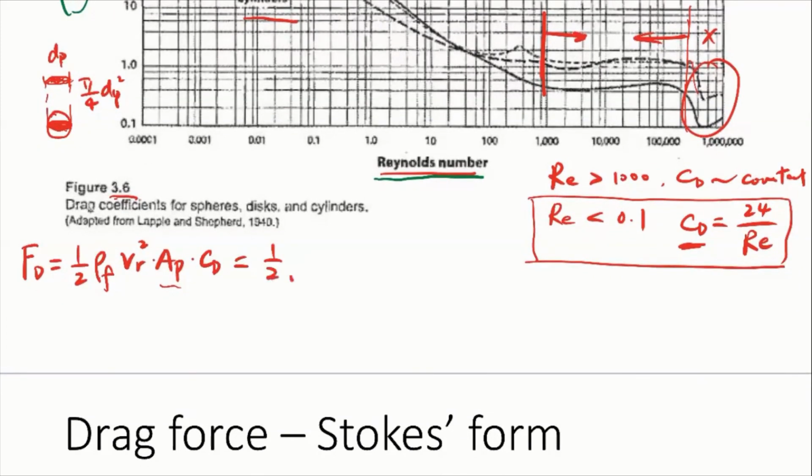1 over 2 rho f VR squared AP, that's pi over 4 dp squared. So CD is 24 divided by Reynolds number. We know that the Reynolds number